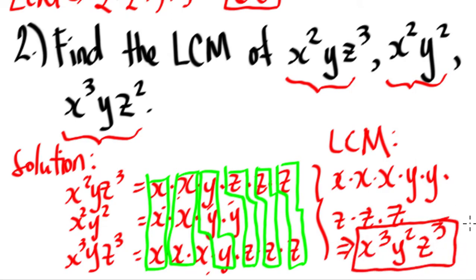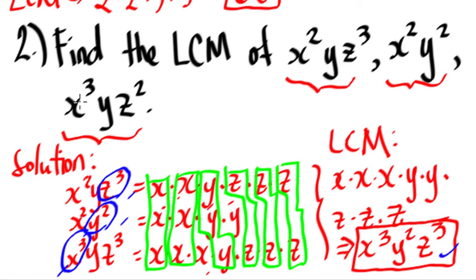Okay, you want a shortcut? Here it goes. The largest exponent in which x appears is 3. That's x cubed. The largest exponent with y appears is 2. That's y squared. And the largest exponent in which z appears is 3, z cubed. And then copy them off. x cubed, y squared, z cubed. That's our answer. Actually, okay, again, if you're given simply monomials, just look at their highest exponent and then